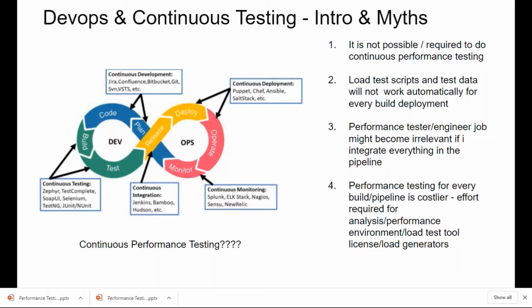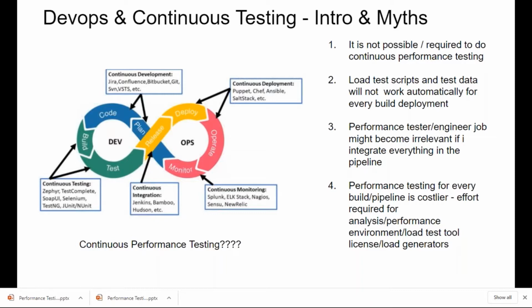More from DevOps, more from continuous testing, the objective of the enterprise to implement DevOps and continuous testing is to have your release cycle fast, right? That is the ultimate goal of every organization. And when they make this release fast, absolutely they also want the quality of the build to be the best.